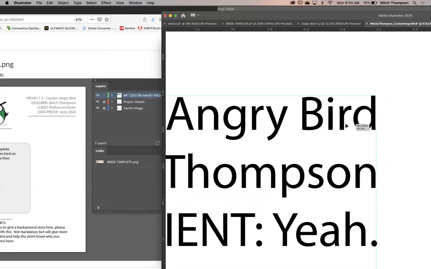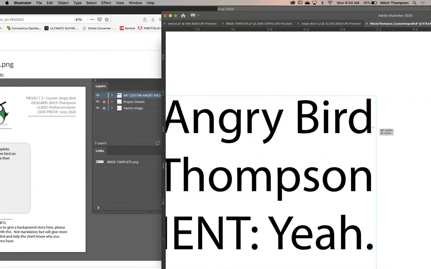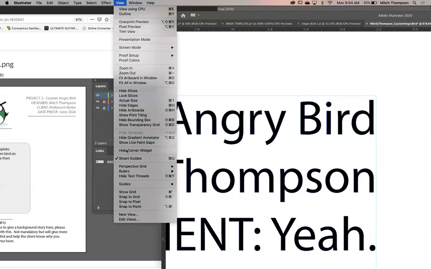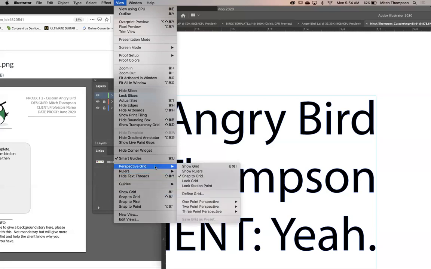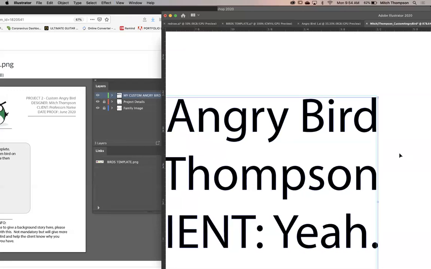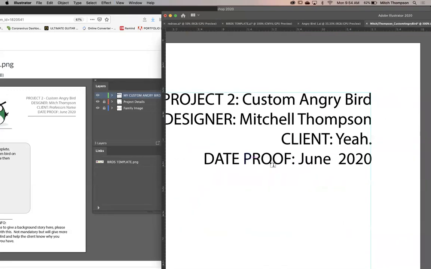Kind of working. Okay. So the smart guides, you'll notice I have my smart guides on and it's going all kind of whack on me here. Typically there's a snap to grid, show grid. No, I want to snap to guides. Okay, so maybe I'm missing something. It's all good, I'm going to just do this then. That's fine. Good. All right.